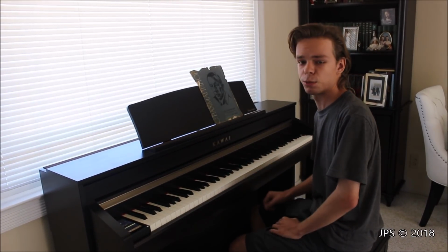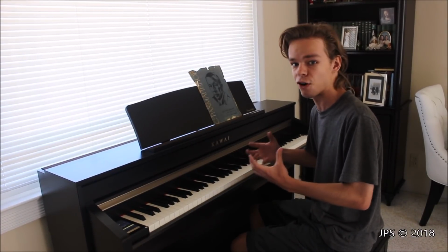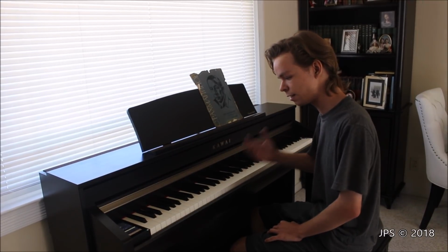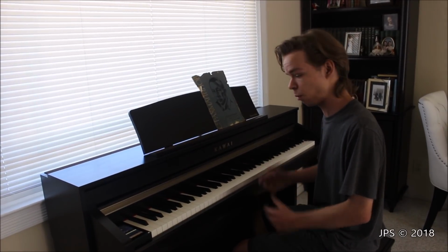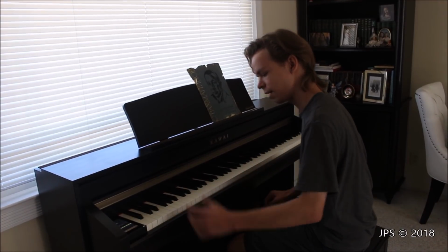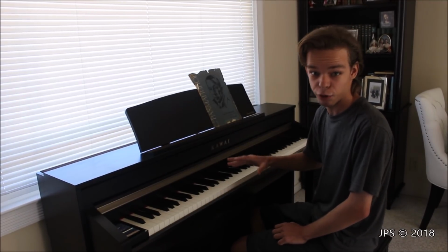Another thing I like about this keyboard is the sound quality of all the different sounds. The piano sounds sound very much like a real piano. The main piano sound that it defaults to when you boot up is labeled SKEX Concert Grand, so it's most definitely modeled after the Shigeru Kawai SKEX. There's a whole bunch of different sound variations of the SKEX in here, as well as the regular Kawai EX, and also a bunch of other different types of pianos, and all kinds of other cool sounds, which I'll get